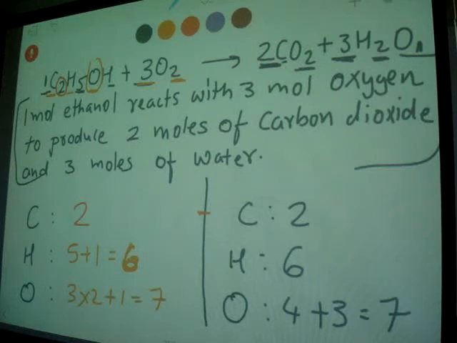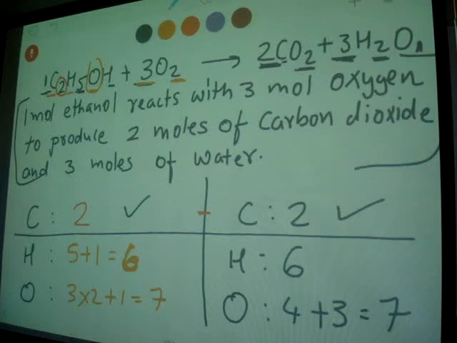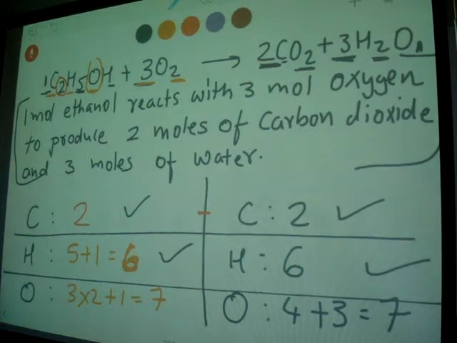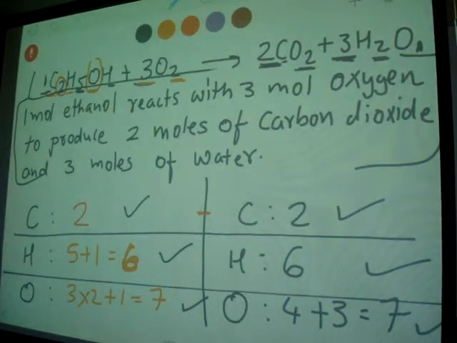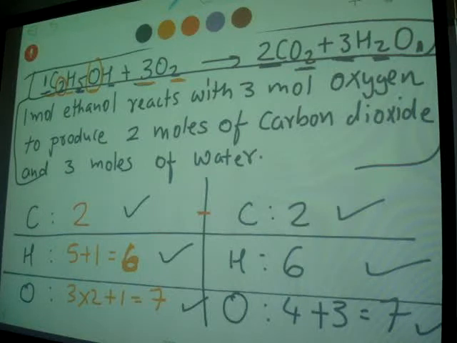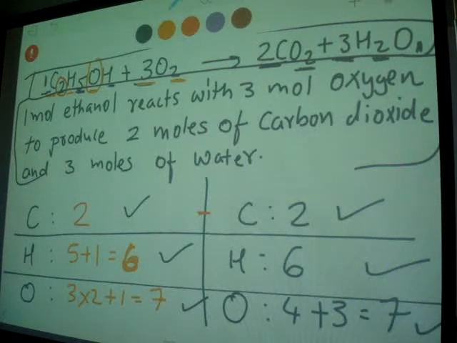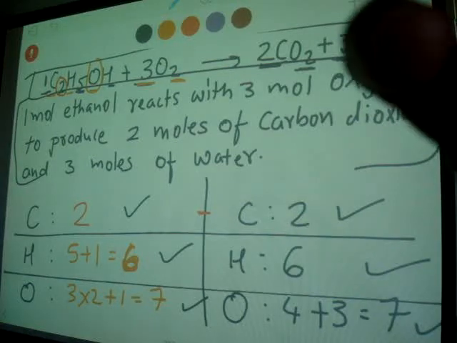Now when you check both sides, carbon is balanced, hydrogen is 6 on both sides so hydrogen is balanced, and oxygen is 7 and 7. So that means this equation is balanced. Right now we are just checking if it's balanced or not. Okay? And then we will learn the strategy of how to balance it. Okay? So that way we can learn to